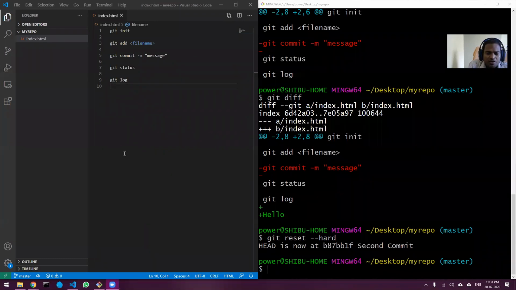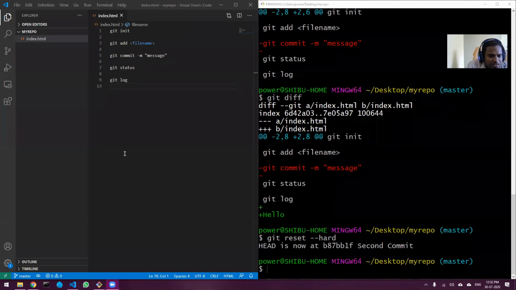If your code is large, like if you have 10,000 different files, then obviously a copy of that will be there in Git also. So you can imagine that if your original source code is 100 MB, then your Git may be 200 MB because there will be a copy of it, right? So it is possible.